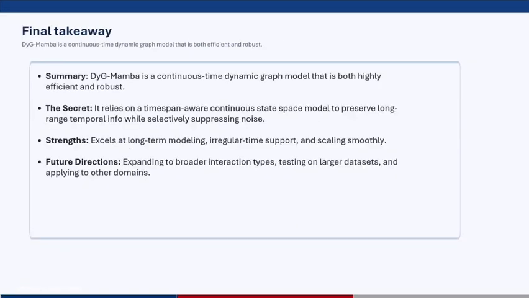As a final takeaway, DyG-Mamba is a continuous time dynamic graph model that is both highly efficient and robust, based on the results from the ablation studies as well as the experimental results, outperforming most of the baseline models while consuming less memory and training faster. The secret behind that is it relies on time span over a continuous state space model to preserve longer temporal information while selectively suppressing noise. The strength of this model is that it excels at long-term modeling, irregular timestamp support, and